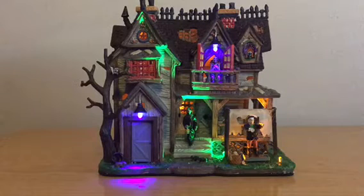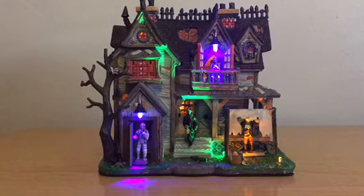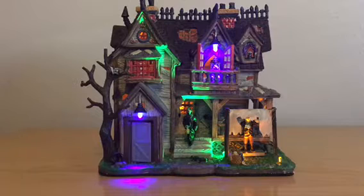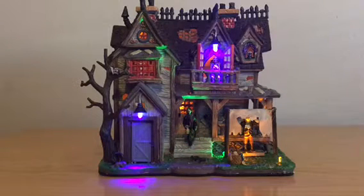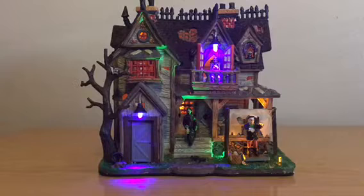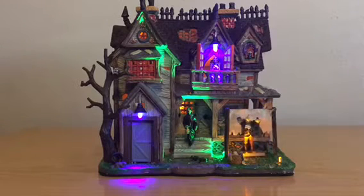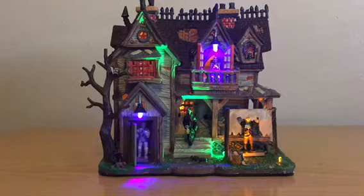And actually, I didn't know this until a couple days ago. I made a video of this piece, and someone from the I Love Lemax Spooky Town group over on Facebook mentioned to me that this piece was actually supposed to have the licensed horror movie characters, such as Jason, Freddy Krueger, and Ghostface. And since that was Lemax's original idea, which they had an issue with and had to chop to replace it with some of these monsters,